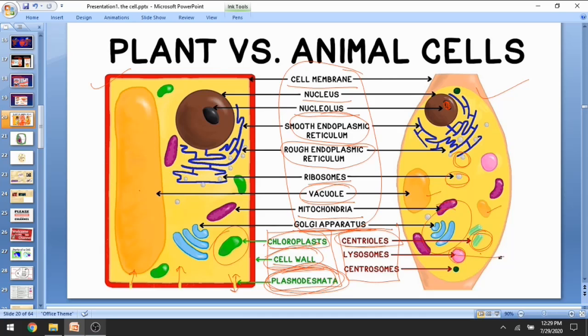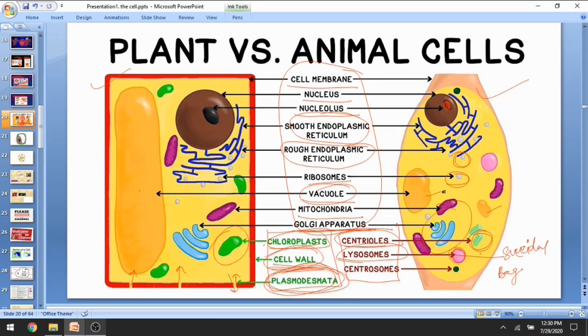Lysosome, it is said to be a suicidal bag, students. It is said to be a suicidal bag because sometimes, if a cell is unable to perform its function well, the lysosome, which has some chemical inside its bag-like structure, releases its lytic enzyme, which lyses the cell and destroys the entire cell on its own. It is said to be a suicidal bag in order to avoid massive accumulation of dead cells.